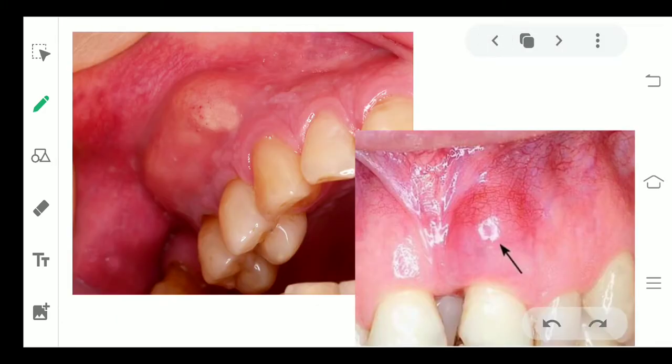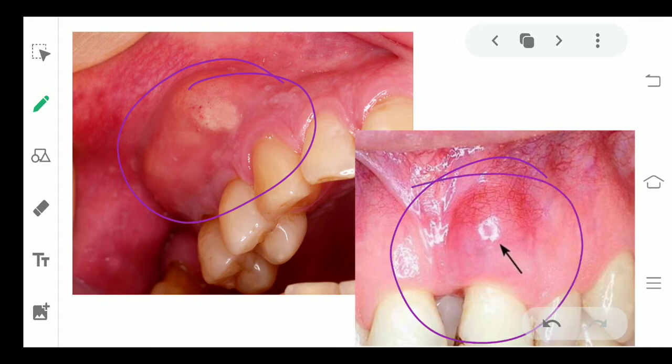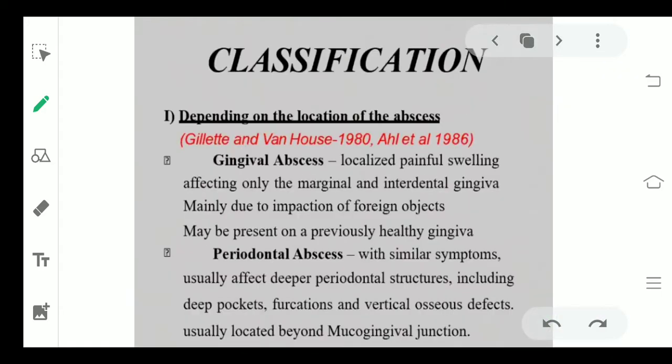Now you can see in the figure itself how the abscess looks. This is the periodontal abscess. It is completely swelled up and can be easily noticed in any patient. It is very easy to notice these abscesses. Sometimes there can be pus oozing out of them. We've done the definition already.